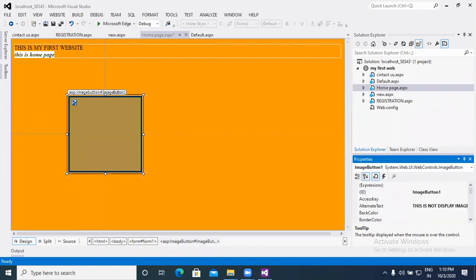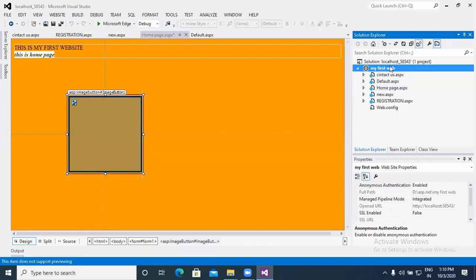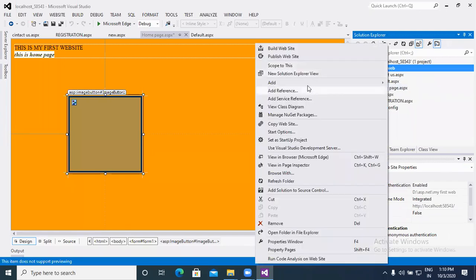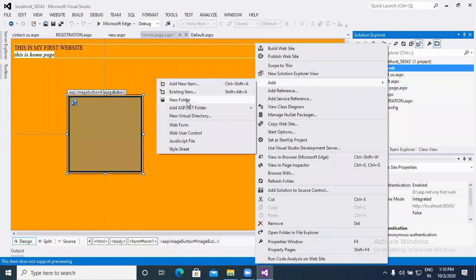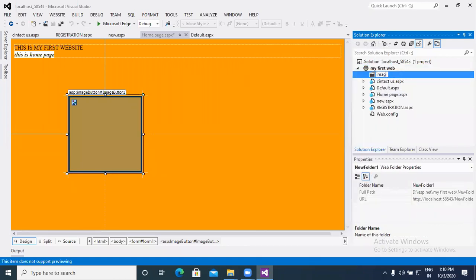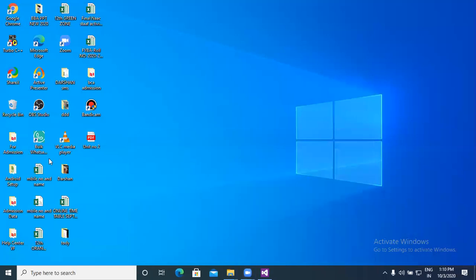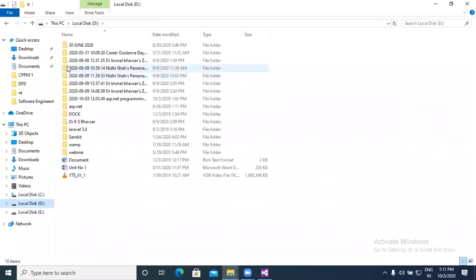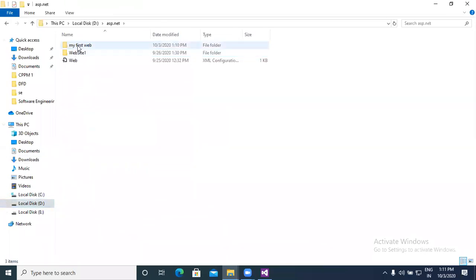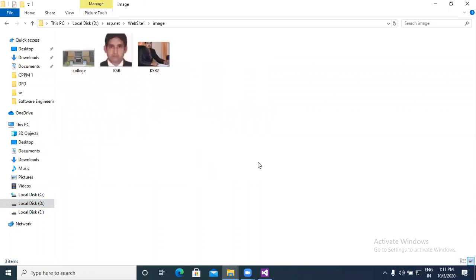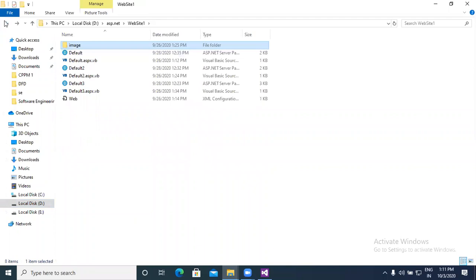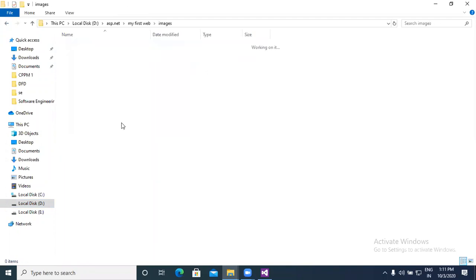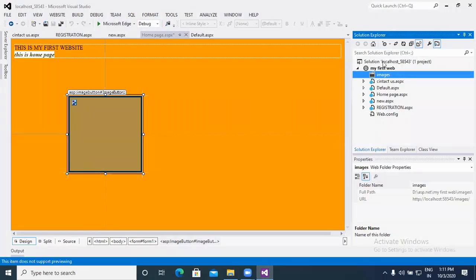Before that, we can plan. We can add one directory here, add a new folder, and I can put the folder name as images. In that images folder, we can load the image which we have to use in programming. For example, we can put the image here.